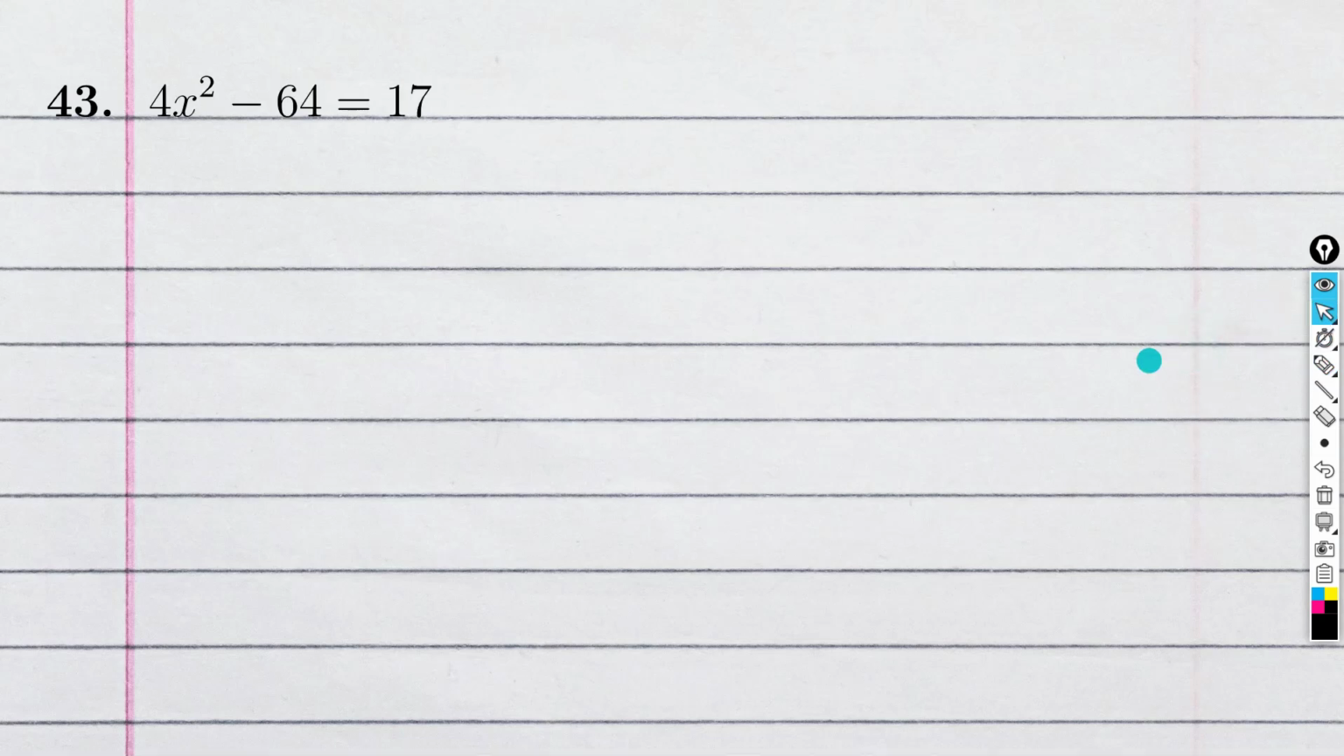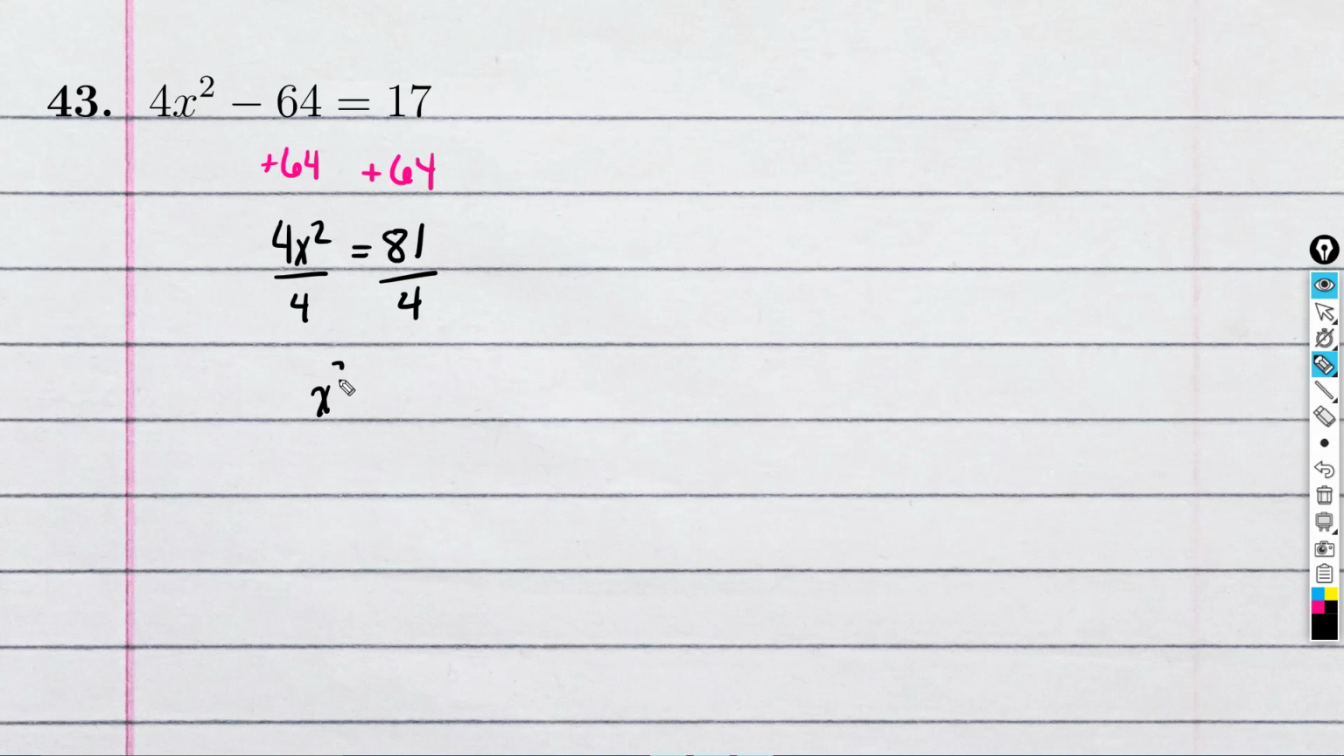Number 43, we have to do it again. We're going to add the 64 to get it to join the 17. And when we do that, we have 4x squared is equal to 81. Divide both sides by 4. And so x squared is equal to